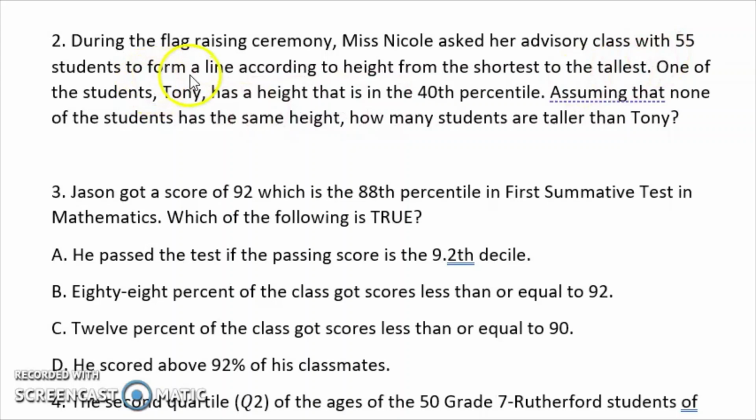Now, for number 2, during the flag raising ceremony, Miss Nicole asked her advisory class with 55 students to form a line according to height, from the shortest to tallest. One of the students, Tony, has a height that is a 40th percentile. Okay, pang 40 siya. Assuming that none of the students have the same height, how many students are taller than Tony? Ilan yung mas mataas sa kanya? So, that is 60%. Diba? 60% is taller